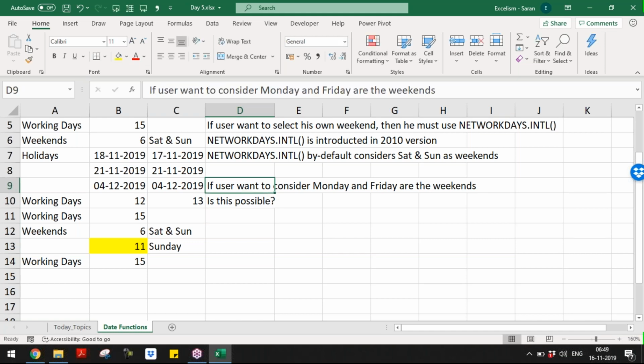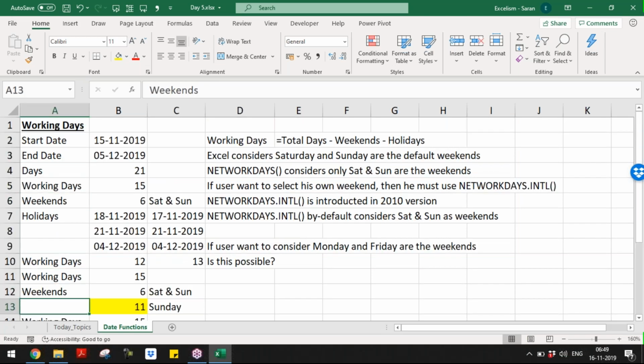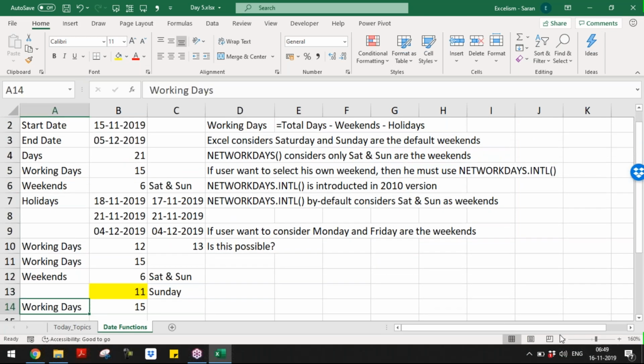If the user wants to consider Monday and Friday as the weekends, that means what Excel has to do to calculate the working days: total number of days minus Mondays and Fridays minus holidays, if any. Is it possible through Excel? Can you guys put it in the chat box? Is this possible to solve in Excel is my question.